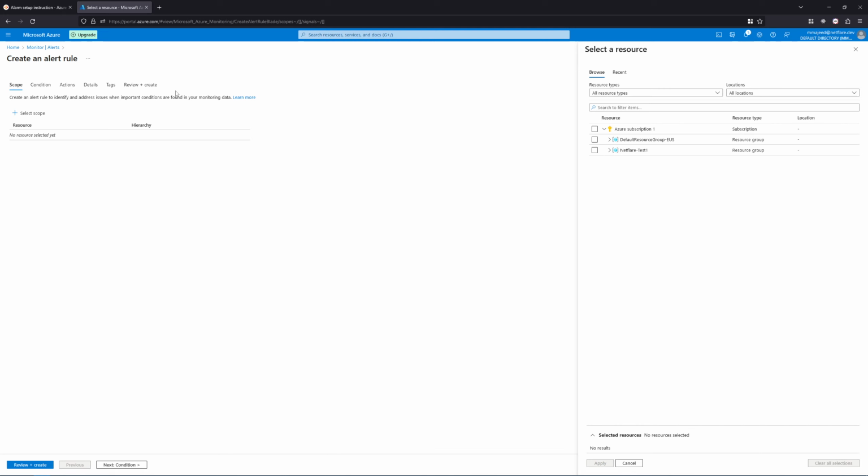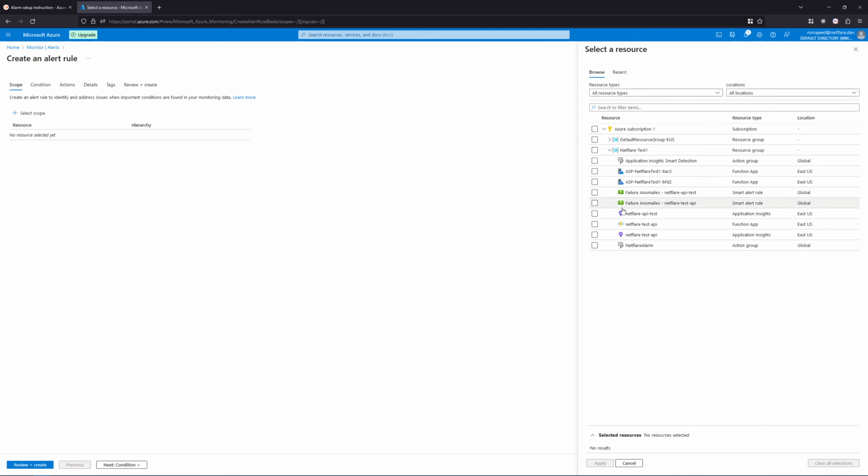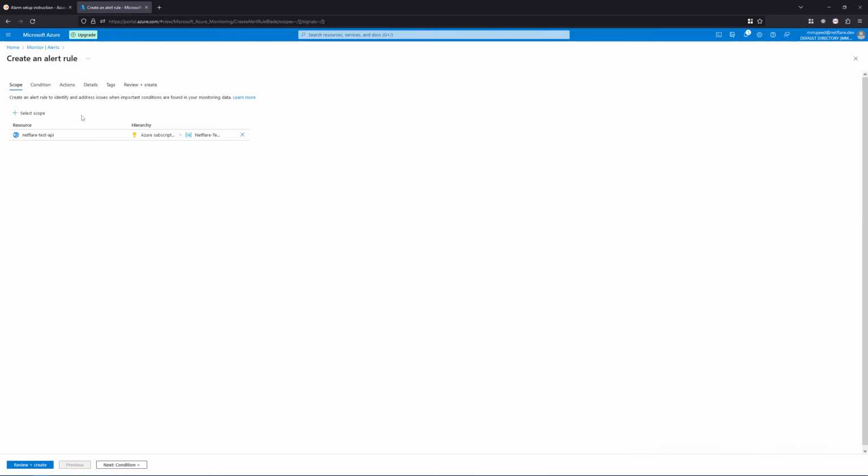Obviously, that's going to be different for your use case, but for this demo, what I would like to monitor is that I have a function API, and I would like to monitor its response rate. So I'm going to select the Netflare test API, and hit accept, go to condition, and then from here,